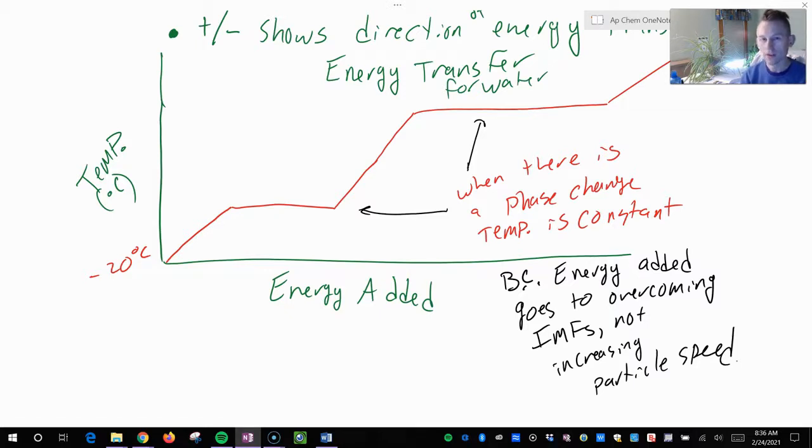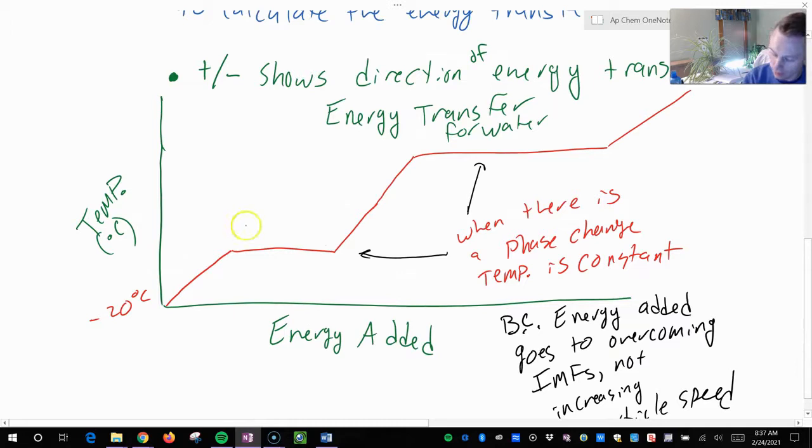So whenever there's a phase change, whether it be melting, boiling, evaporation, or the reverse, freezing or condensation, the energy transfer has to use a different equation, which you should already have: Q equals M times H. Sometimes you'll see it as delta H, whatever the case is, but it's the molar heat capacity, or the heat of fusion is sometimes what it's called, where